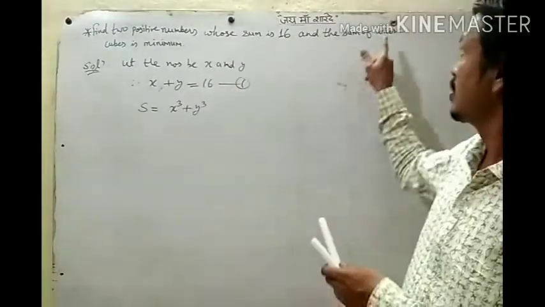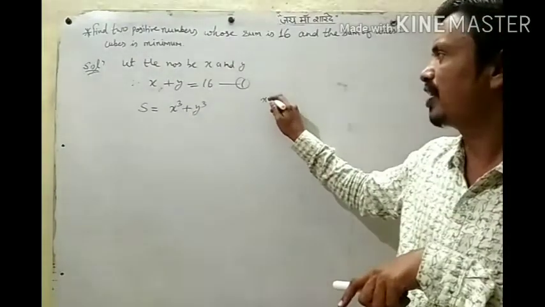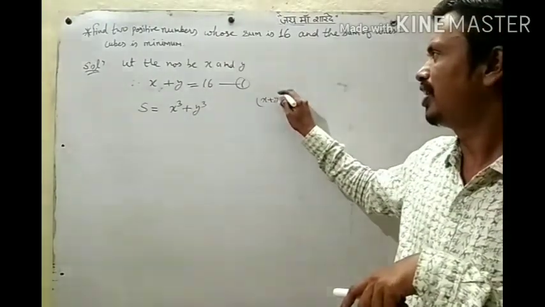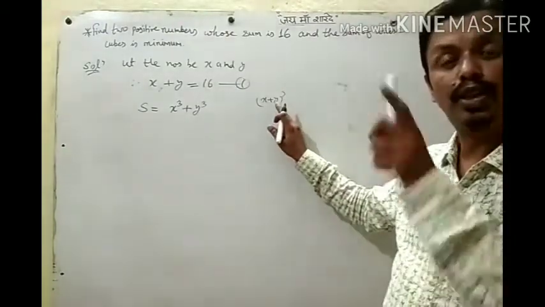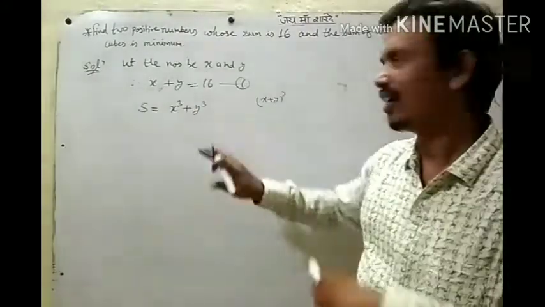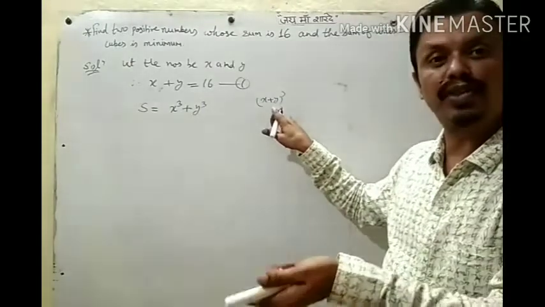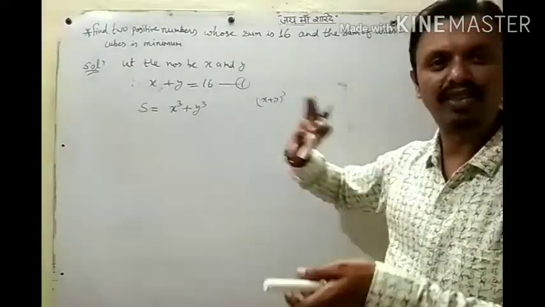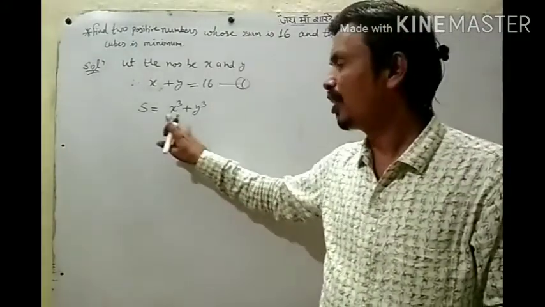And one thing is cube of sum. Cube of sum means first take the sum and then cube: first add and then take the cube. So that is cube of sum, and this is sum of cubes: first take the cube and then add. Sometimes students make this mistake. The question is cube of sum and they write it like this, so it will be wrong. So be careful.